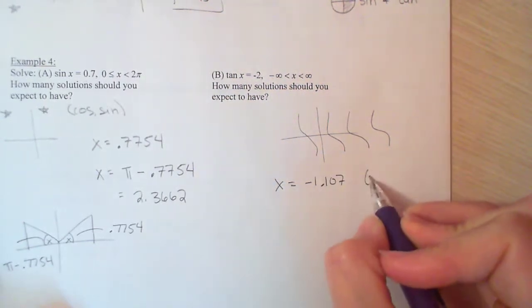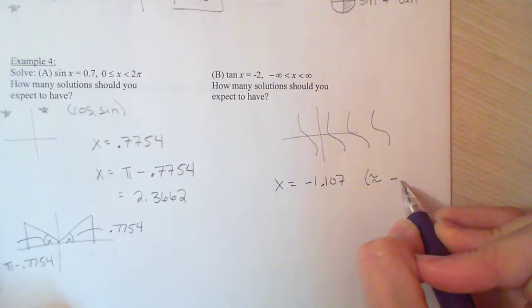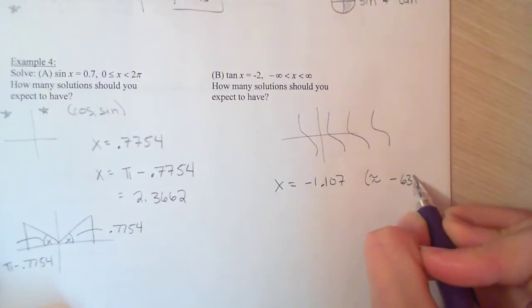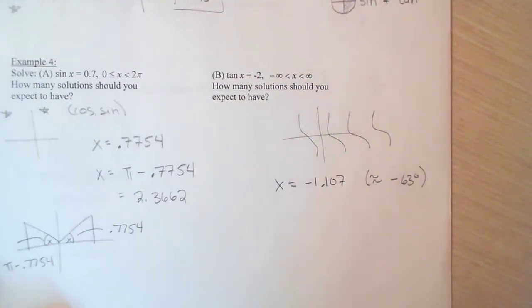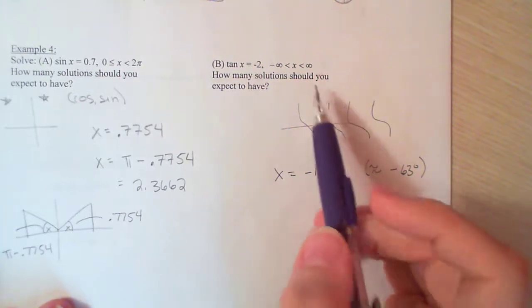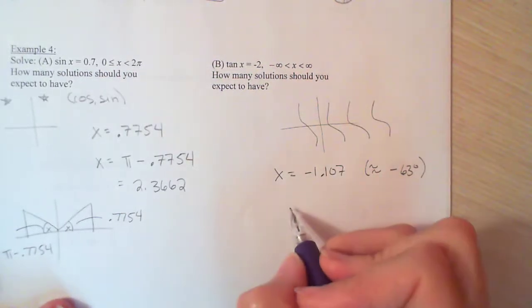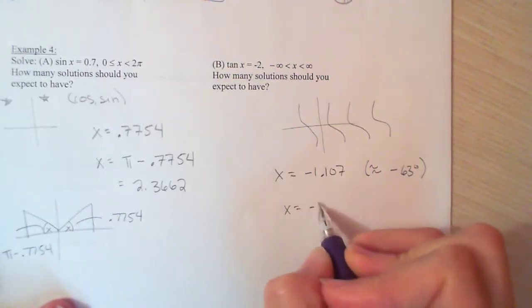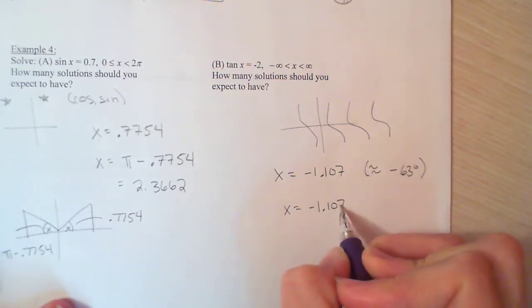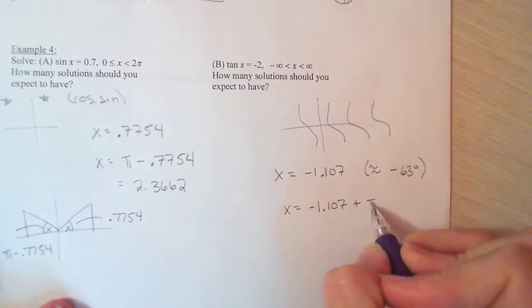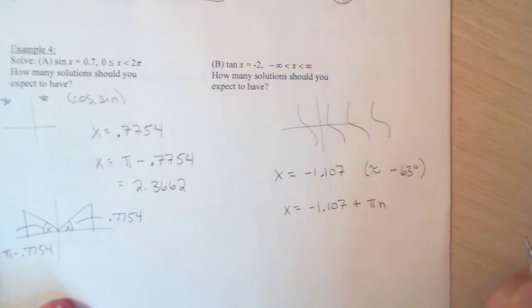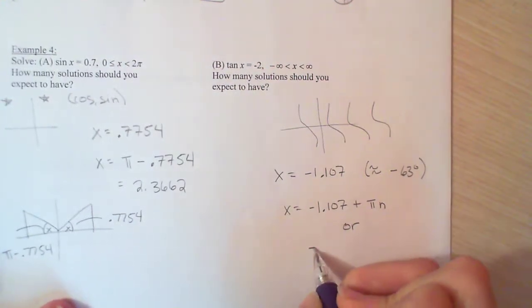That's about, by the way, approximately negative 63 degrees. But then because they're saying between negative infinity and positive infinity, I gotta include all those angles. So I'm going to say plus pi times n,